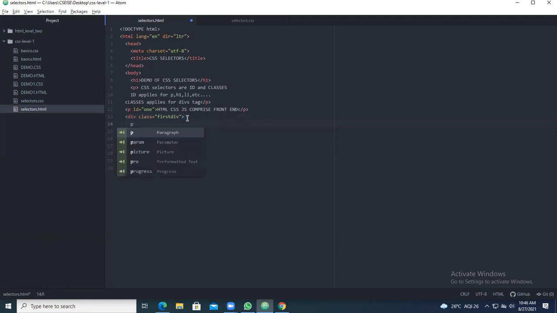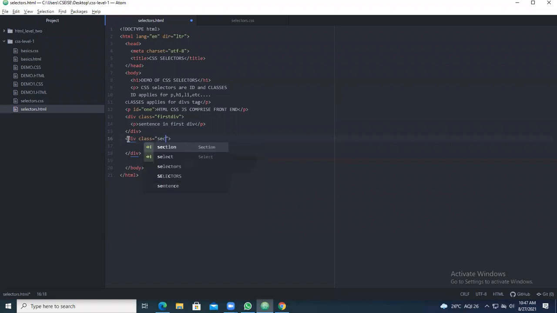Under the first div, you take a paragraph and write the sentence "sentence in first div". So up to first div we have taken. Next you take the next div.